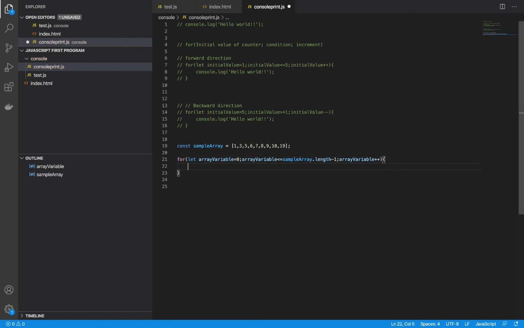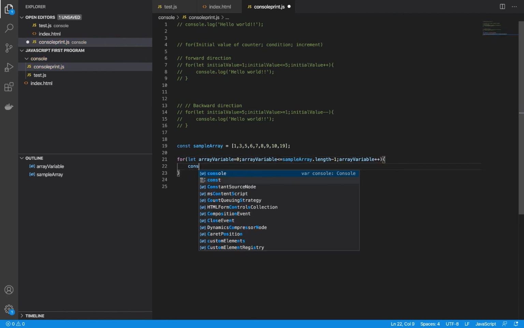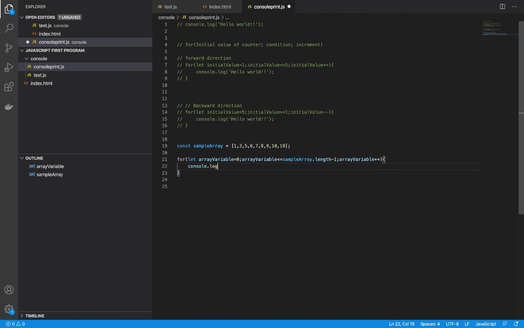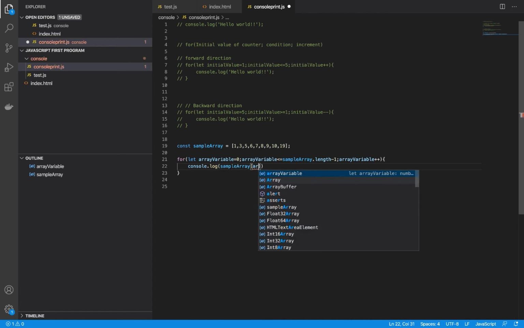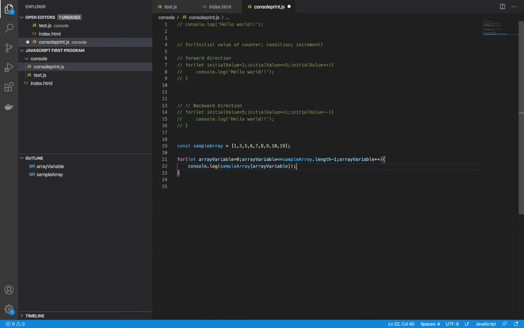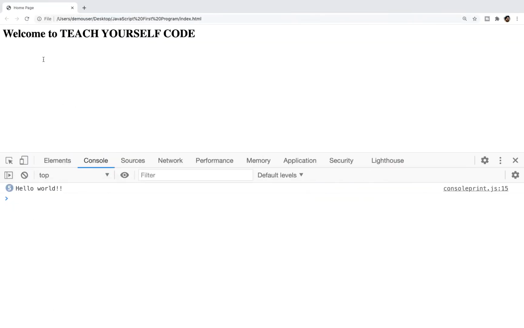I will explain that, so no need to worry about that. And I will give a console.log. We'll go inside and we'll say sample array variable and save it. Now I'll go to the browser and see the output, and then I will explain this.